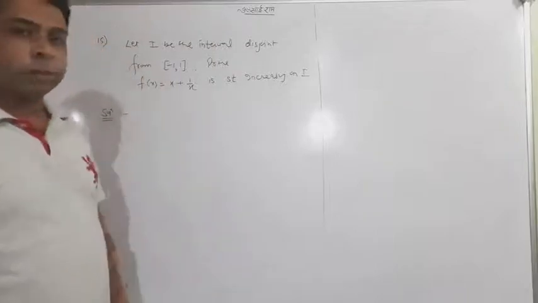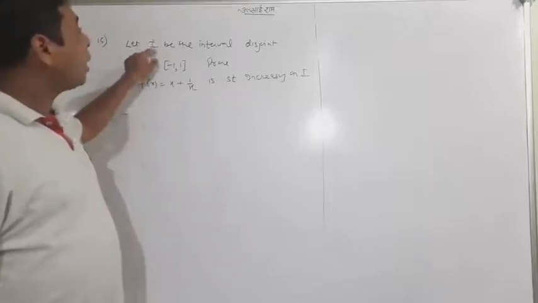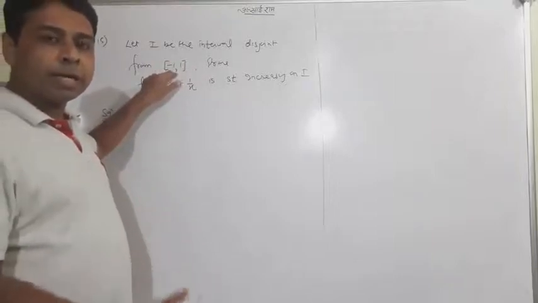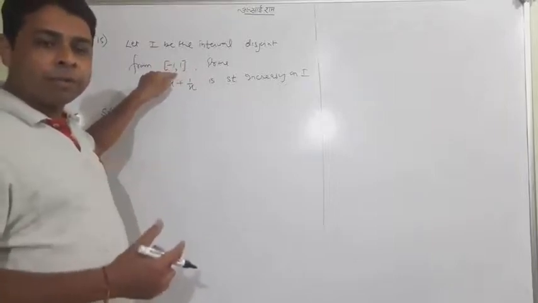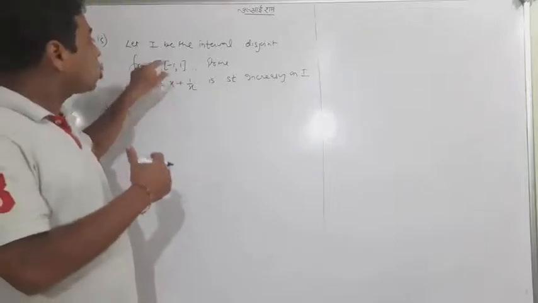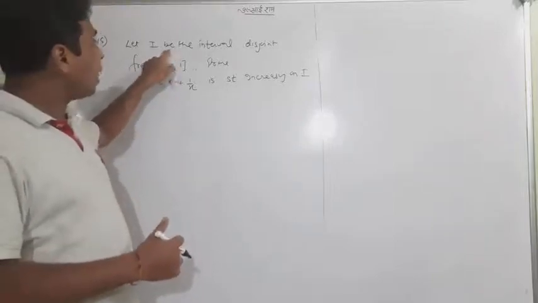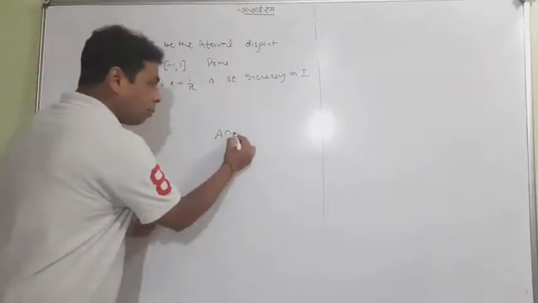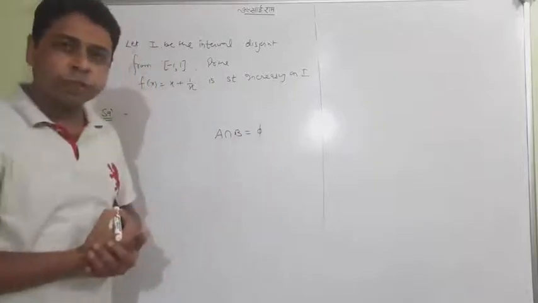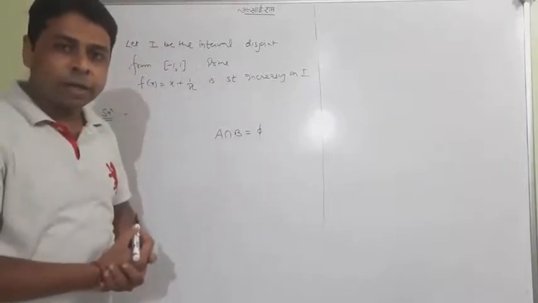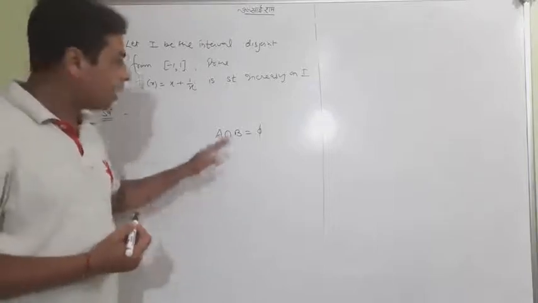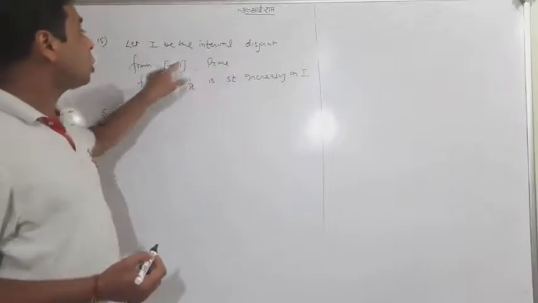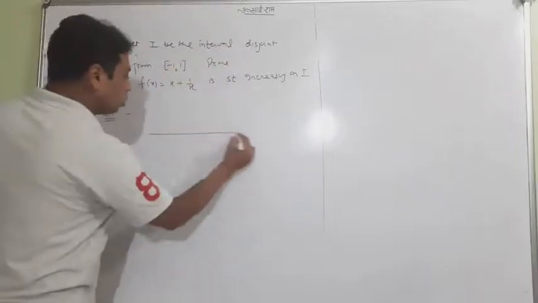What is I? I is the interval disjoint from minus 1 to 1. It means that we have a set I which is disjoint with minus 1 to 1, meaning I and this have no common element. When A and B are disjoint, their intersection is phi. In class 11th we read that A and B are called disjoint when A intersection B is equal to phi. So it is very clear that